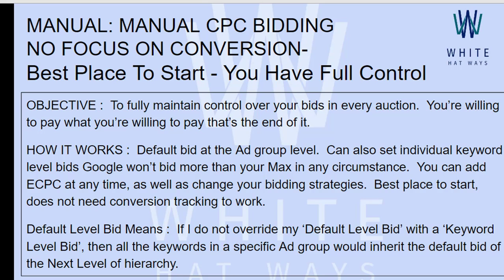Because Google has a lot of data, Google has a lot of potential to know which click might result in a conversion and which click might not result in a conversion. However, in manual cost per click bidding, you are not giving this charge in the hands of Google. All you are doing is maintaining the control on the bids on your own. So the entire control of bids lies in your own hands in case of manual cost per click bidding.